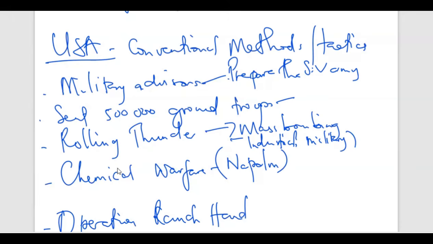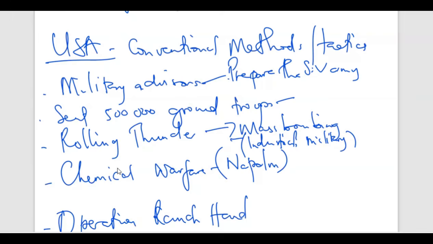They were also targeting industrial targets to weaken production of goods in South Vietnam so that the guerrillas would not have enough supplies. However, it was also not effective because South Vietnam was mainly a farming country. It was a country of peasants. So they missed their targets and Rolling Thunder was ineffective.